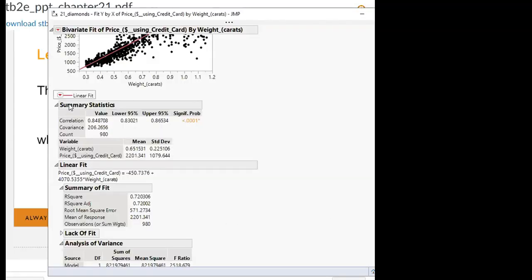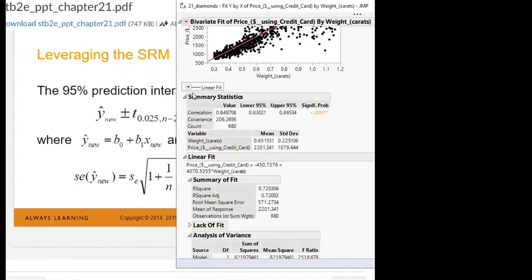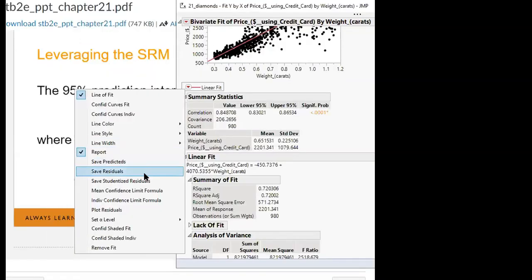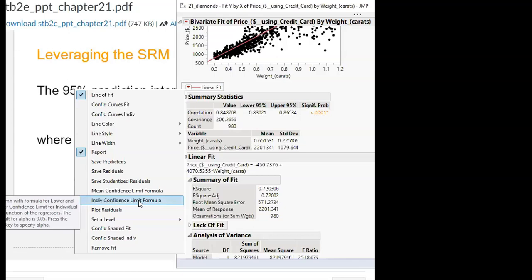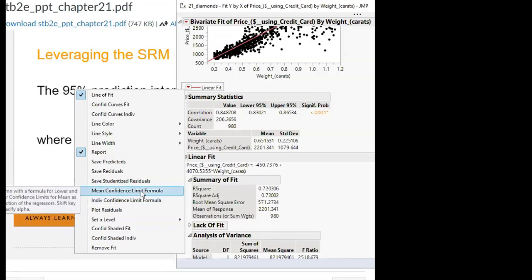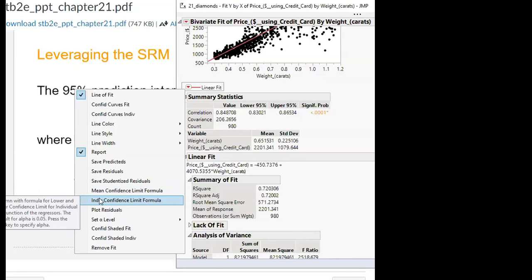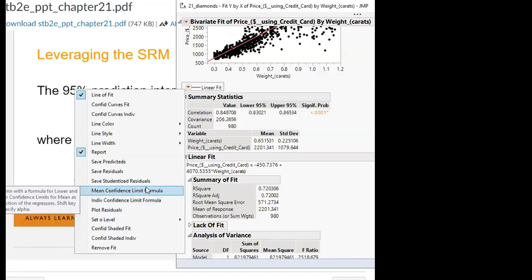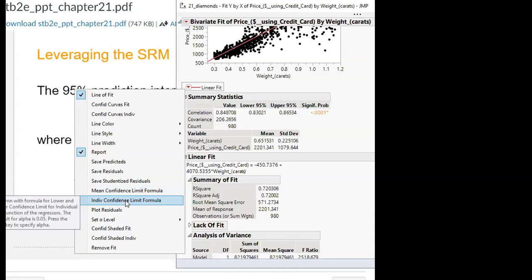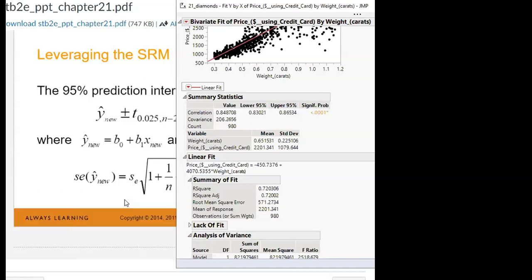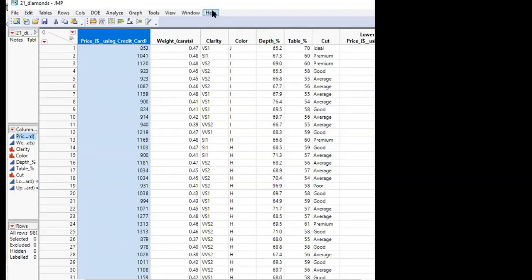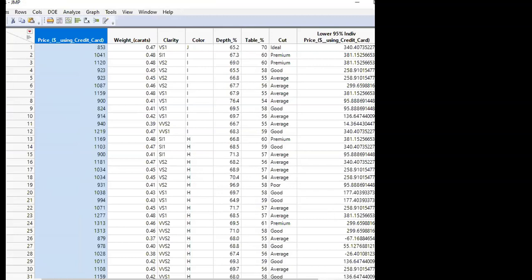So you are looking around the red triangle here. That's where you always get your additional information, the red triangle. Do you see the individual confidence limit formula, and also the mean confidence limit? The individual one you can use for most problems. For some problems the mean confidence limit formula will answer, but individual will answer most of your questions. So click on that. When you click on that, looking back to your data set,